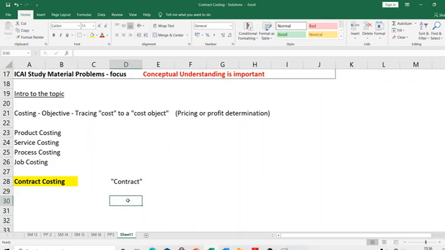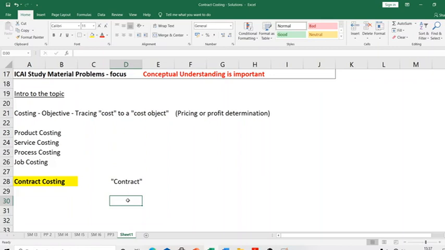So what is the meaning when I say a contract is a cost object? You should understand what that contract is all about, that is very important. You could have a contract to render, let's say, auditing service. If you're an auditor, you could have a contract with your client, and through that contract, you seek an auditing assignment. So there's a contract of service. An employee who works with a company has an employment contract.